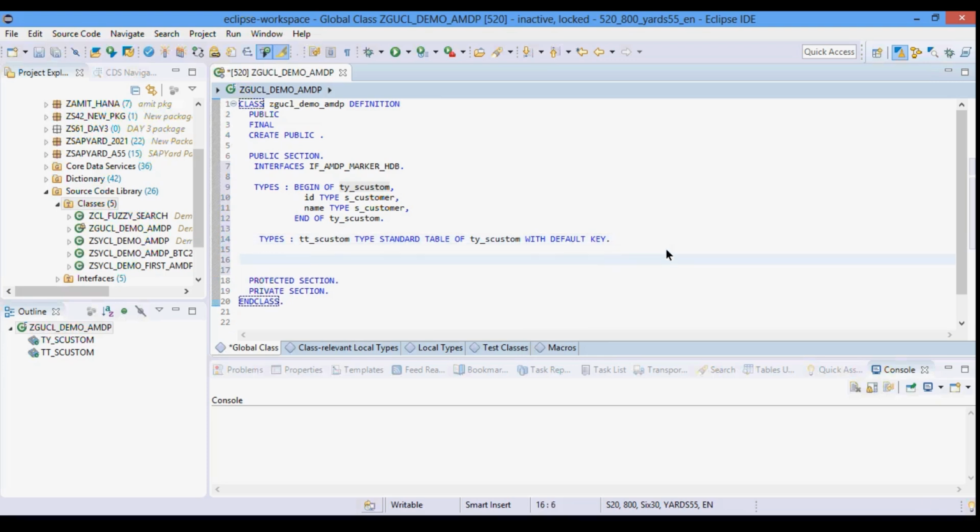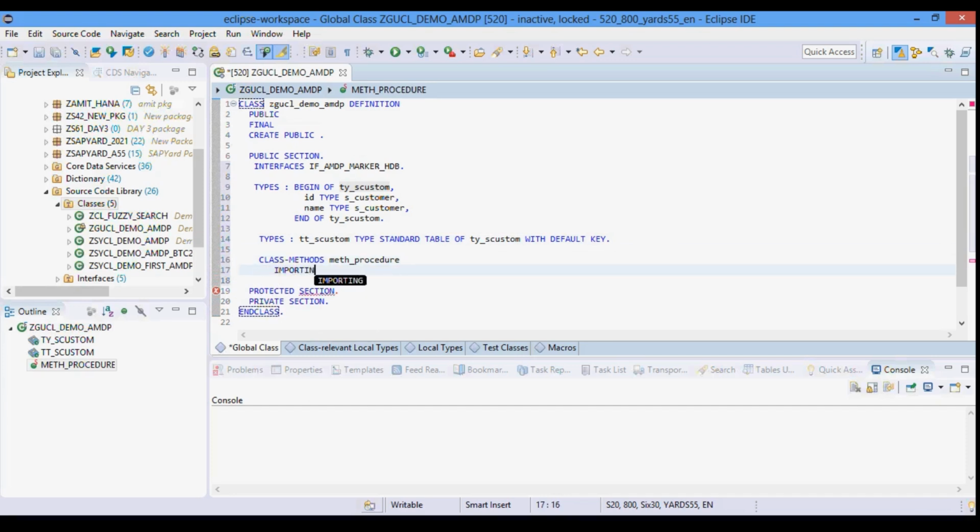Now quickly I will create a method definition. I am using CLASS-METHODS because, as I told you, it would always be executed as a static method, so that's why I am creating a static method here. I will give a name to this method. It will have, let's say, an importing parameter. This importing or exporting you have to pass via value. You have to always pass it via value.